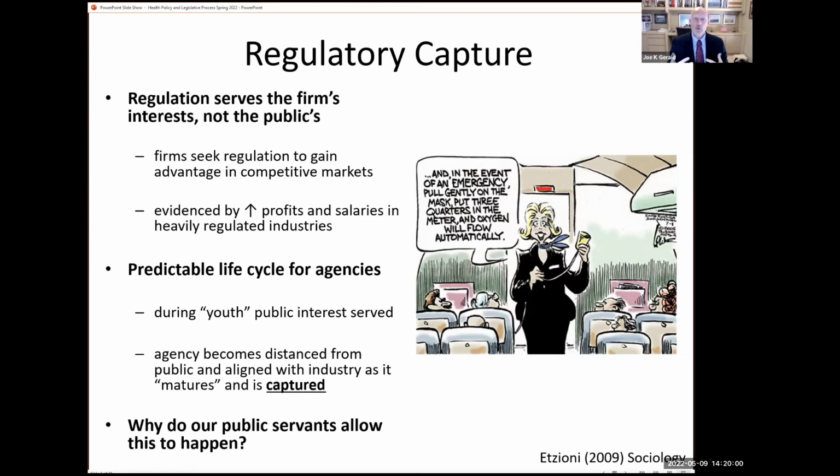During the youth of the agency, when the agency is just created, an agency is created because there's some pressing problem that the federal government has been called upon to address. During that early period with this very specific mandate and focus, the activities of that government agency align very well with the public interest view of government. But over time, that agency becomes captured by the industries that it's regulating. And the regulations then tend to move away from protecting the common good and toward protecting the industry itself.